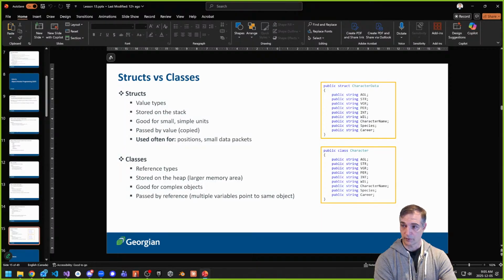Well, structs are really great, like we learned last week, for grouping things together, right? If I want to create a little data type and I don't need any behavior, that's where I would probably use structs. Structs are also value types. That means they get passed by value. We talked about that last time when we were talking about methods. So they are copied. So it's great for things like positions and small data. Okay, they're not really for anything else.